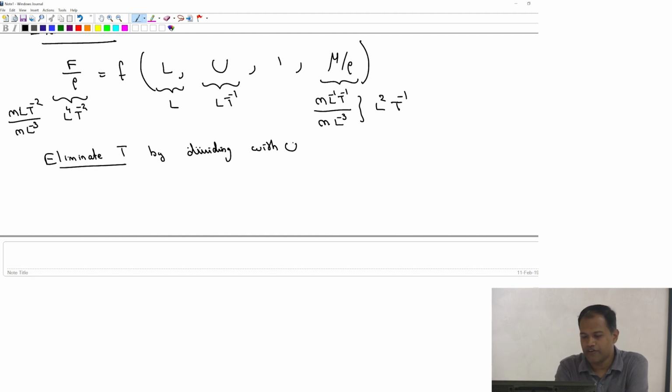So, that means I had f by rho, whose dimension is now L to the power 4 t to the power minus 2. If I want to get rid of t to the power of minus 2, I should divide it with u square. So, I will do f by rho u square is a function of L,